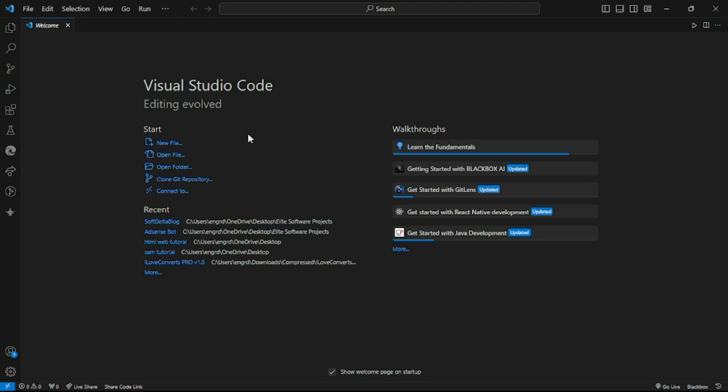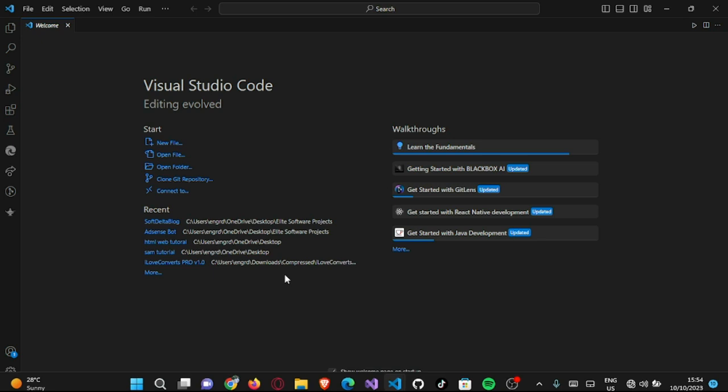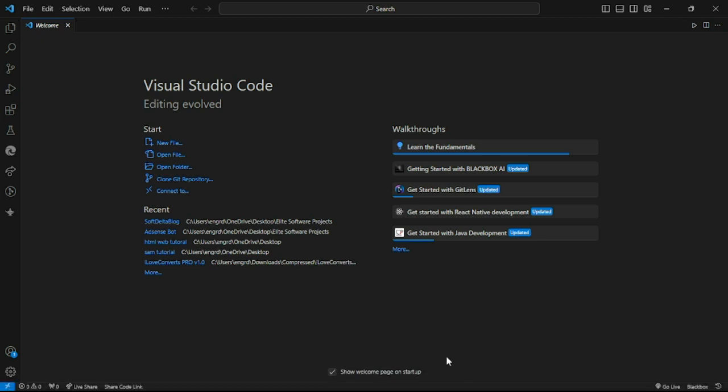So I'll be showing you an example of that. Let me create a new file. Before I proceed, this editor I'm using is called VS Code, that is Visual Studio Code. So you can head over to Microsoft or just search on Google to be able to download this text editor. It's actually a very, very rich text editor with a lot of features that will enable you write your code